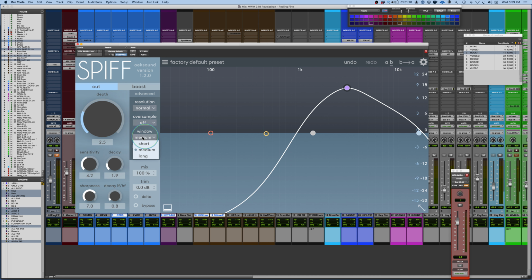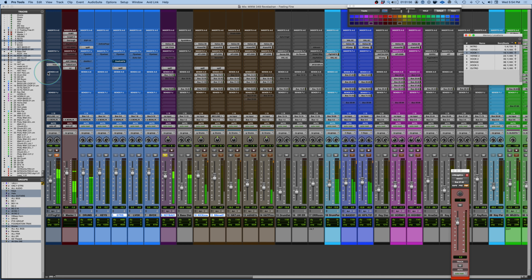And just because I'm dealing with a transient, this might be a place where I want to get more of a short window in there. Just to soften it a little bit, take the edge off of it, without doing it with an EQ necessarily. So if I now mix that in with the drums,